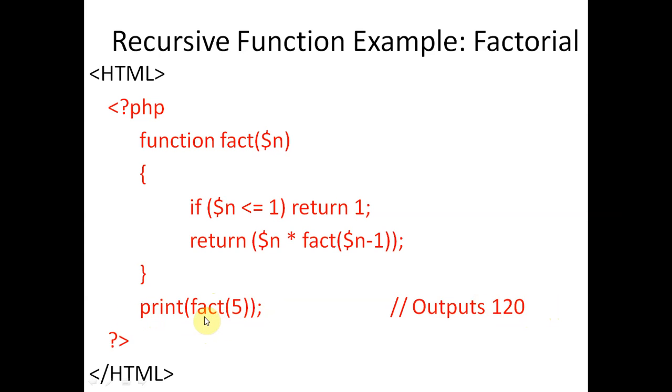So this is the function name, factorial, and 5 is the argument. So the argument is passed here, and this is a recursive function call, where a function is called inside the function. So this is the factorial function, and inside this factorial function we are again calling the same function. So when we are calling a function inside the function, then it is called a recursive function call.